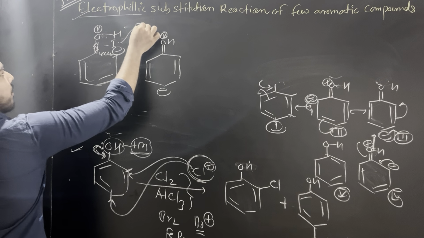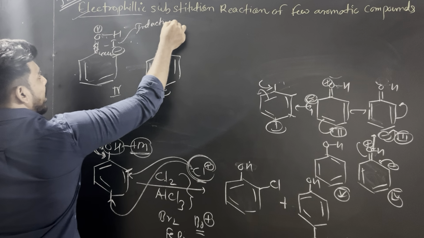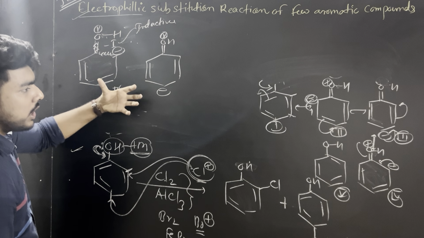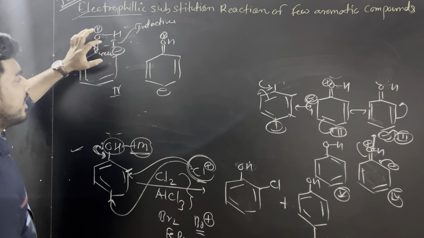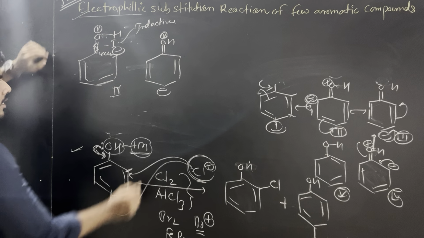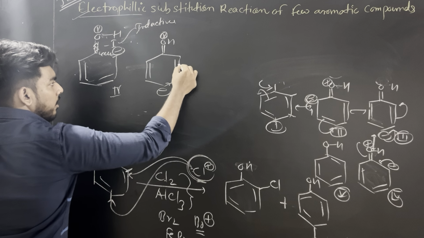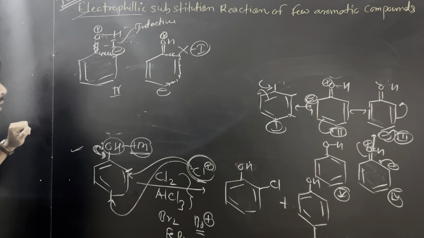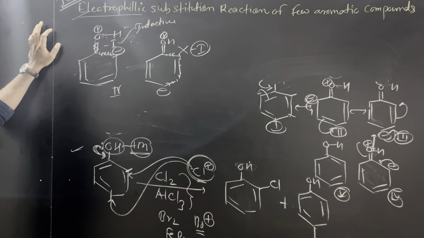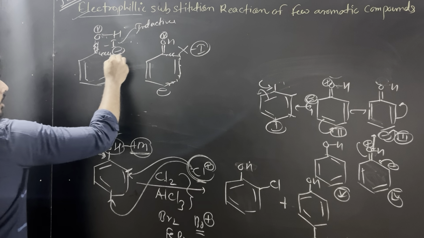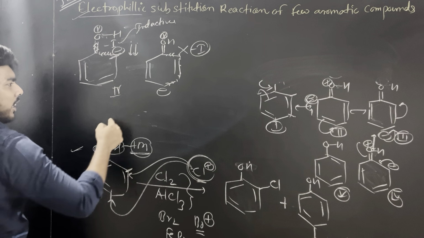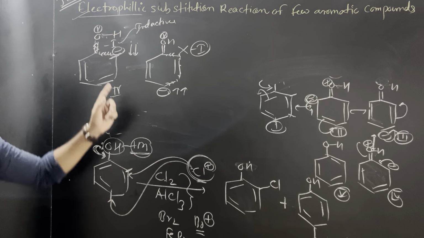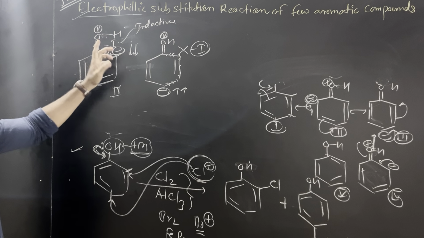It's an inductive effect, and we all know that inductive effect is pulling electrons from the sigma bond, and it's also a distance dependent effect. That means this particular O cannot put a minus effect on this particular compound. So this particular position is a little electron deficient, and this position is now going to be a little electron dense as compared to the ortho position. Why? Because of minus effect.